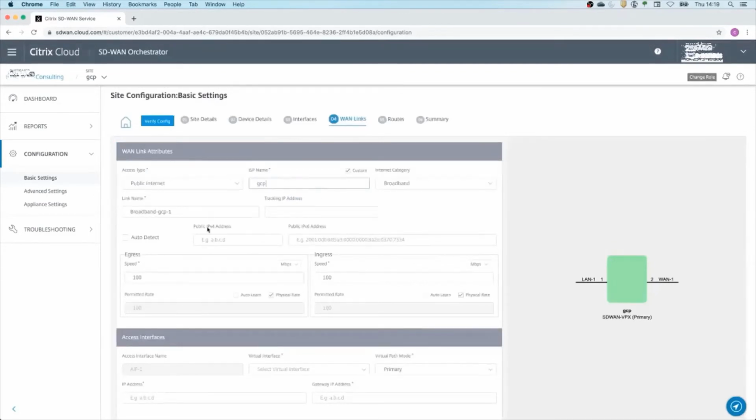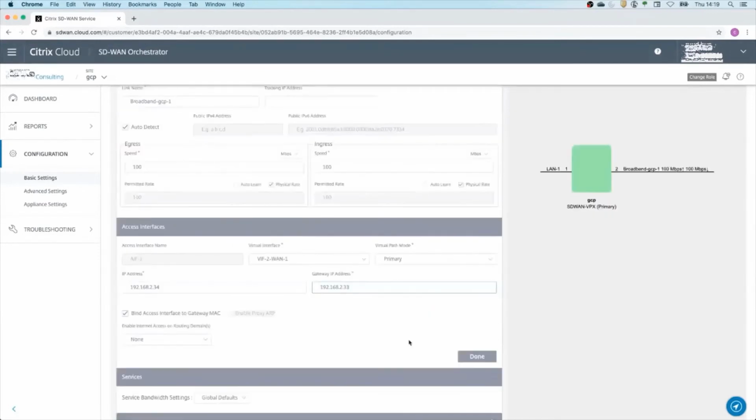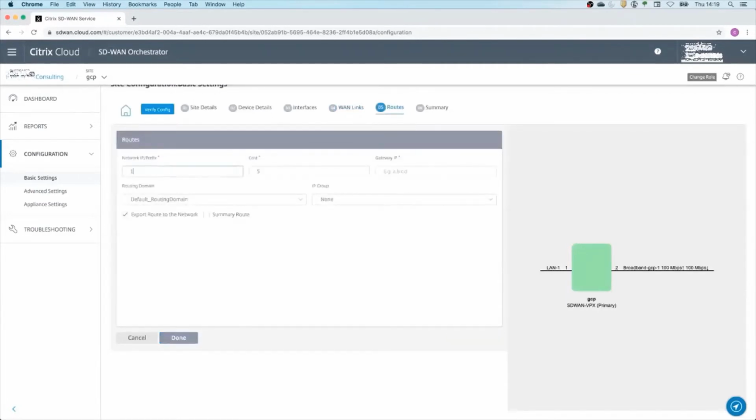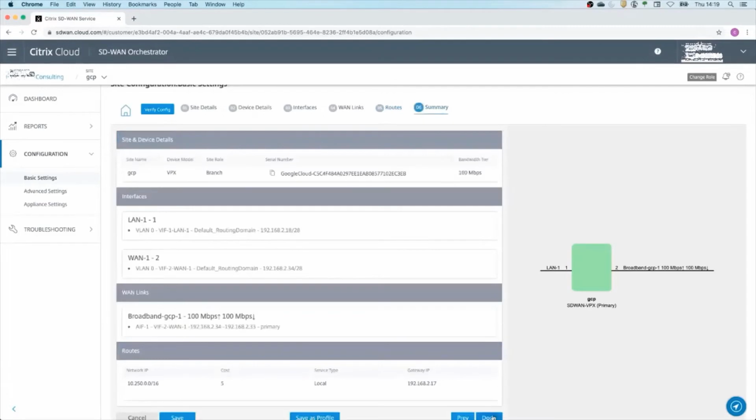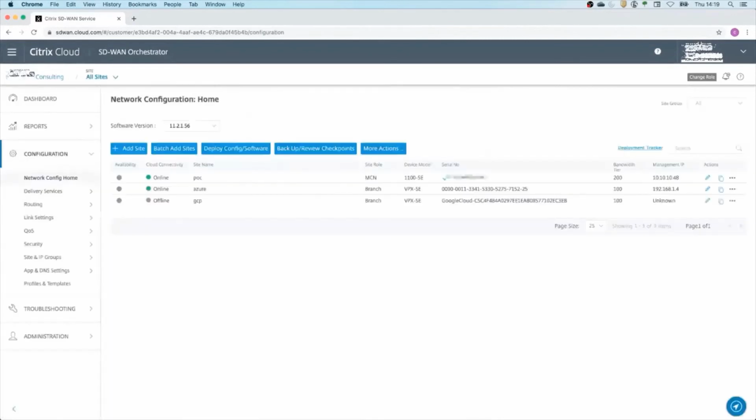Giving the ISP a name and auto detect our public IPv4. Selecting our WAN interface to access the WAN. And finally, we are going to define the IP address range that's living behind this Citrix SD-WAN VPX. And that's the Google configuration done. So now that we have created all the different configurations for all the different Citrix SD-WAN instances, we can now